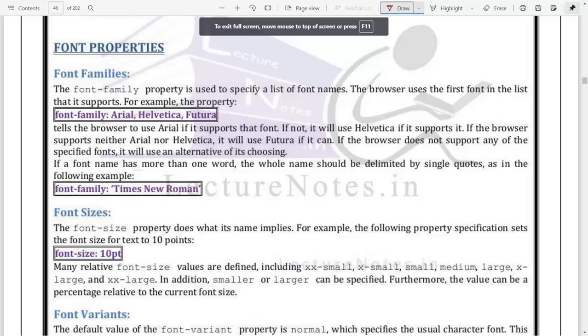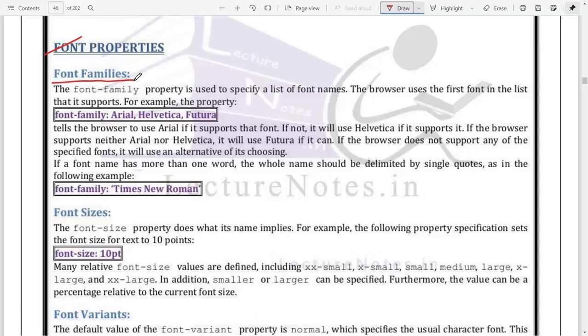Hello students. In today's session I'll be discussing some of the topics from your CSS chapter, which is font. Font is one of the topics from your CSS chapter, which is used for implementing different styles for font, which includes topics like how to change the font size, font color, and all the other information. Like you can see, the first type of font property we have is called font family.